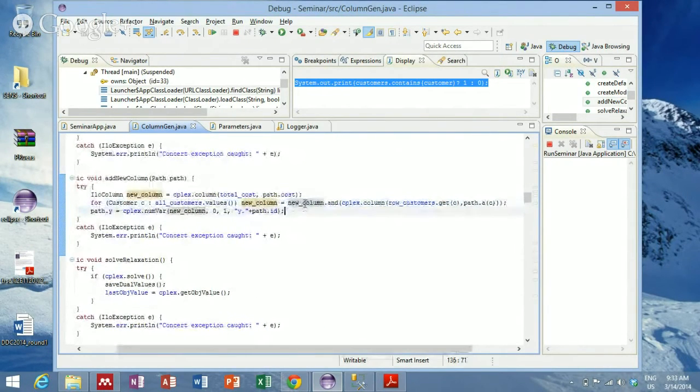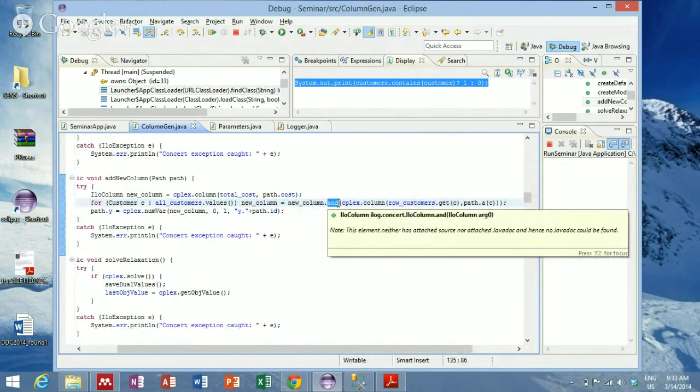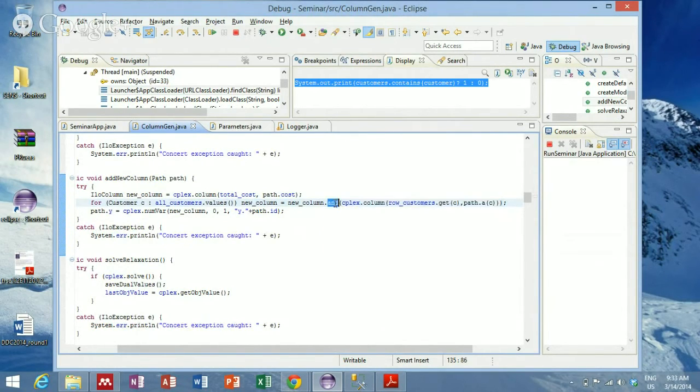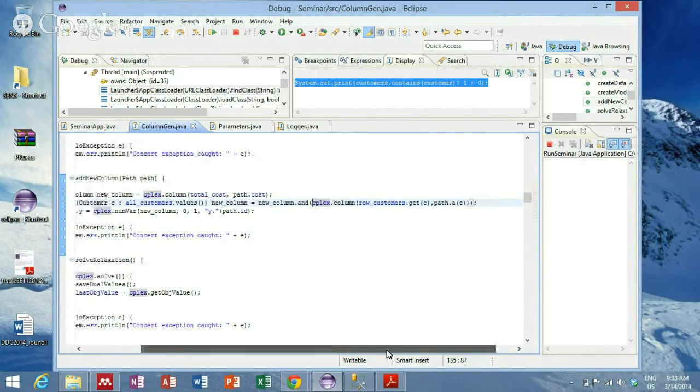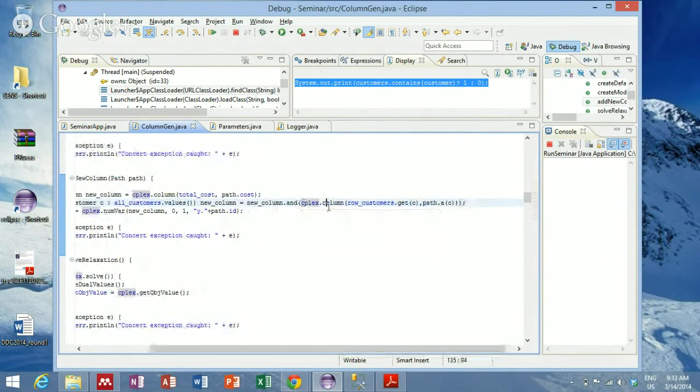okay, this is interesting. You have this new column, and you need to aggregate it with all of the constraints in which you want it to be. You have to use this and there. It's like saying, whatever I had before and this as well, and you go through all of the customers. All right, and here you are creating a column into this particular